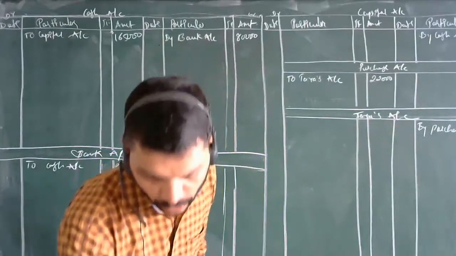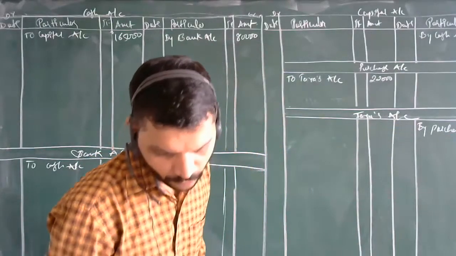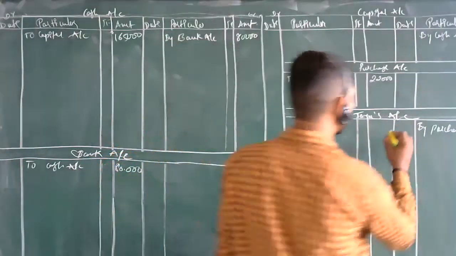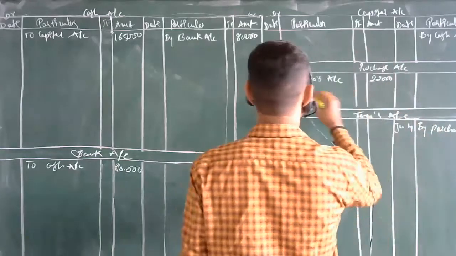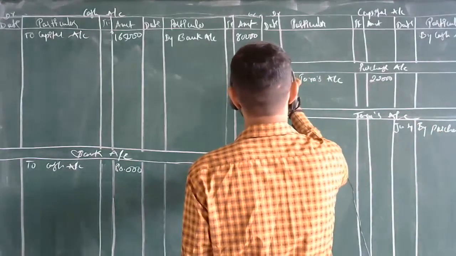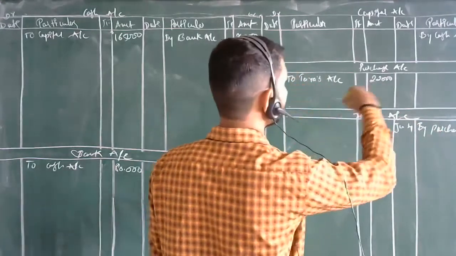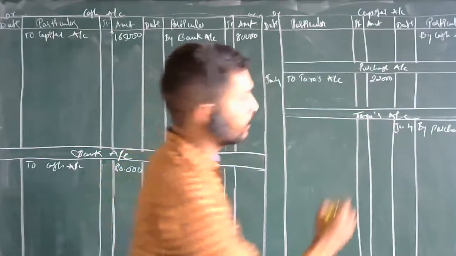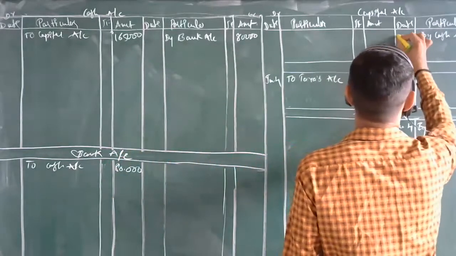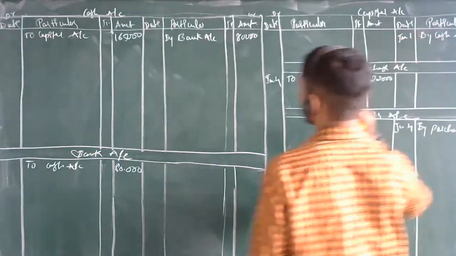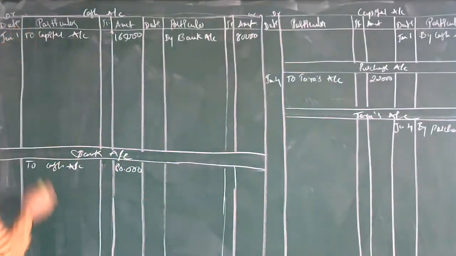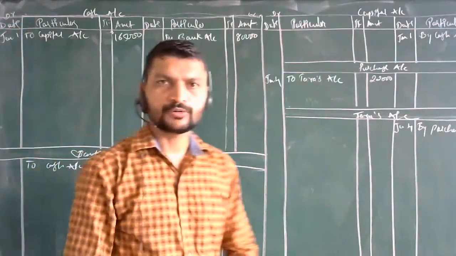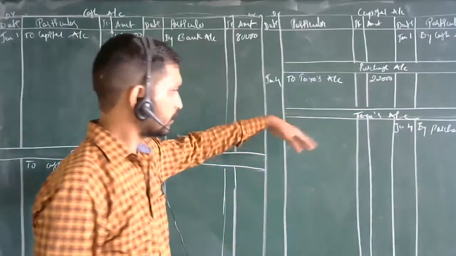even that matters a lot. So dates also you can write over here. The date is 4th January, and here also I need to write January 4th. And this business started on which date? January 1st, and here also January 1st. So in this way, individually you are going to make the entries over here.